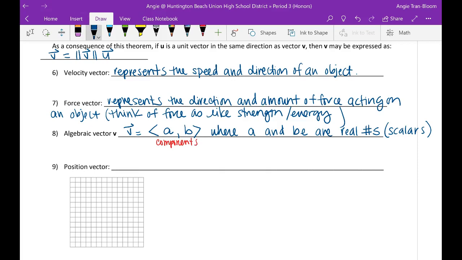Position vector, so let's define that, is where